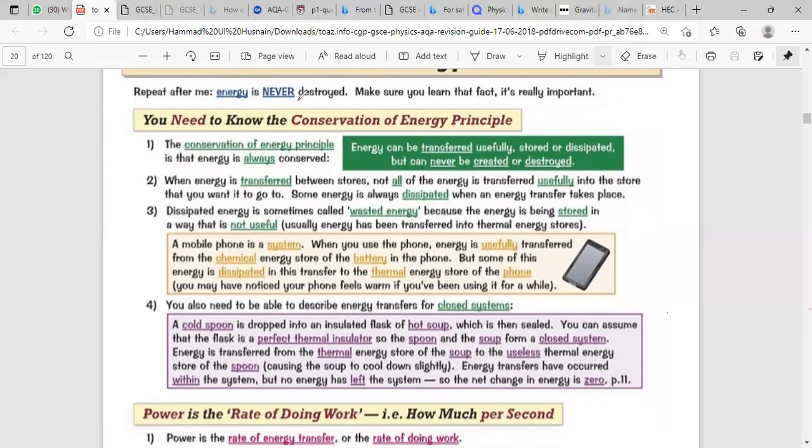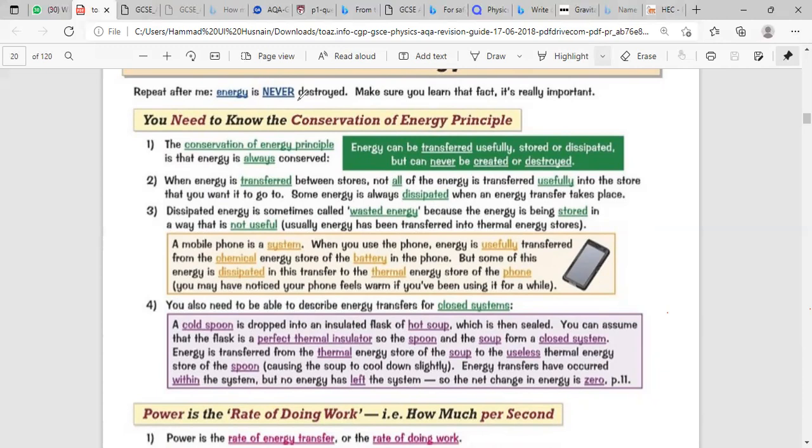And when it is transferred to that energy store, or that type of energy which is not useful for us, we call it energy dissipation or energy loss, that this energy is lost. But actually this energy is not destroyed. Let me give you an example. For example, which example should I give to you? Let us say